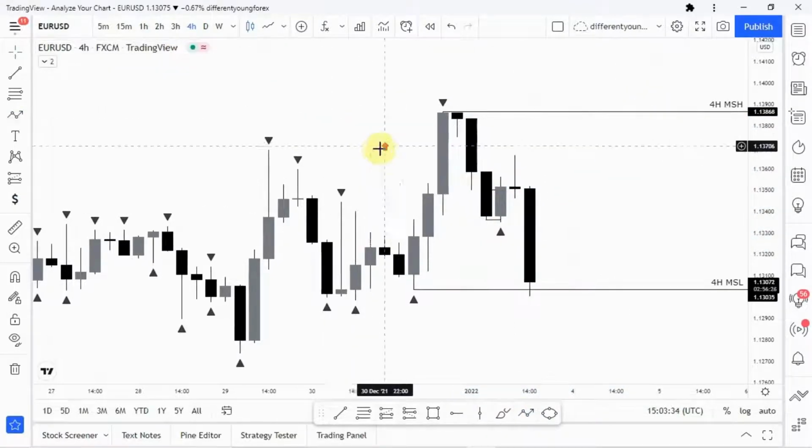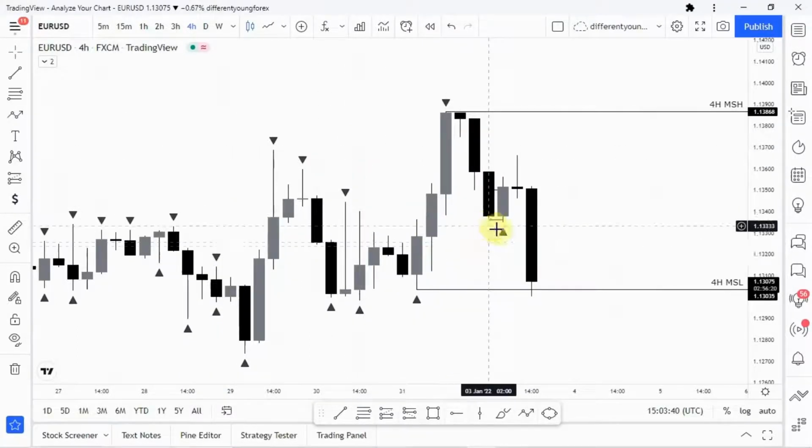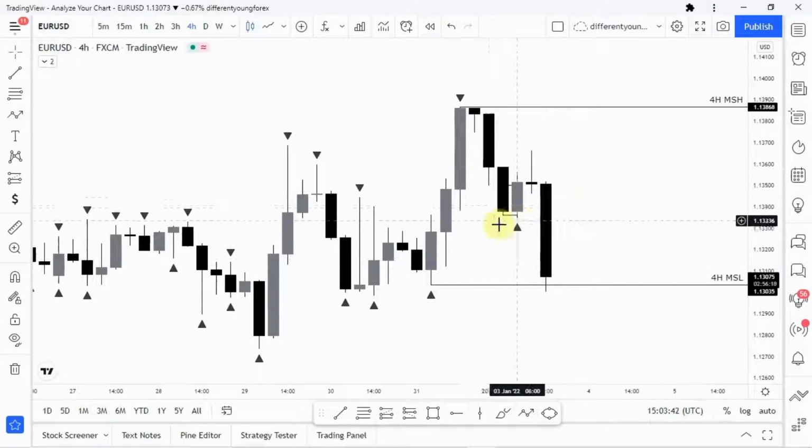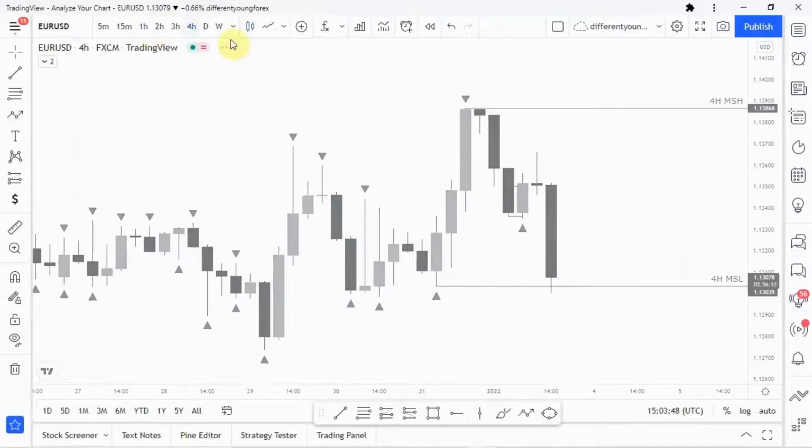But the trade which I took today was not exactly what I was looking for. This is just a reaction trade. At this point I'm going to go to the lower time frame. So as you can see on the 1H time frame,